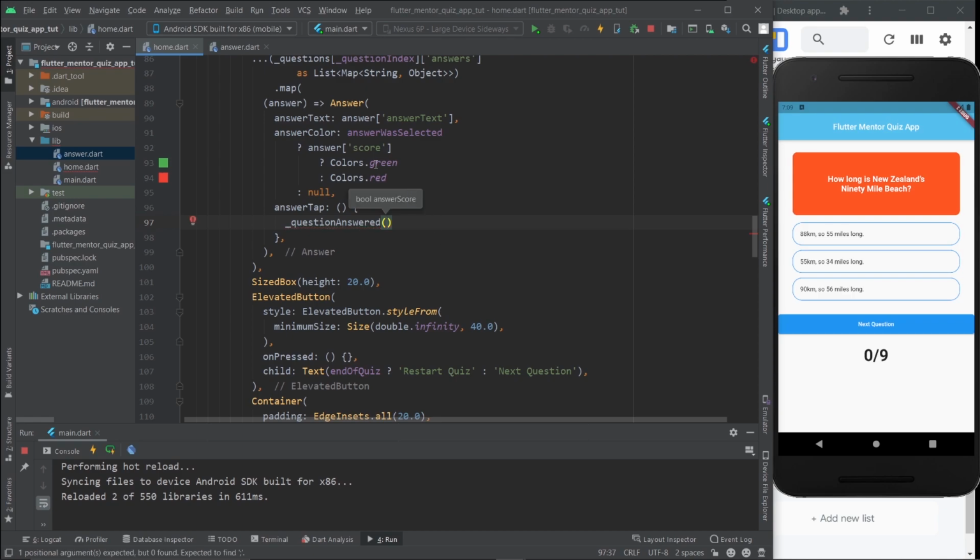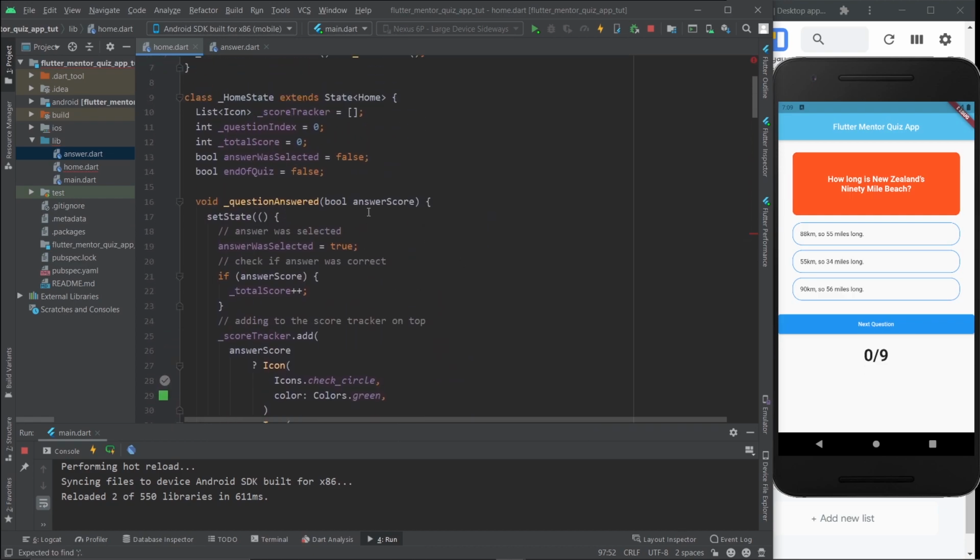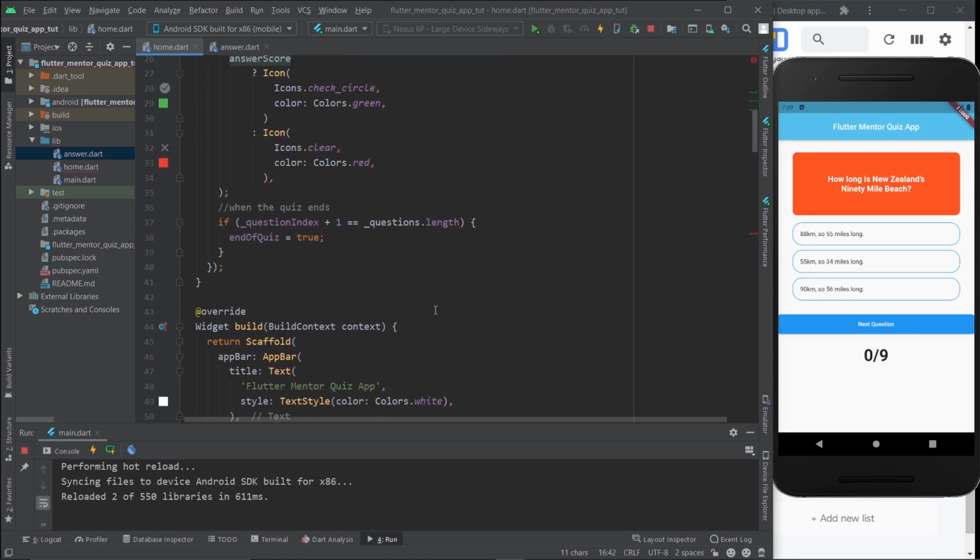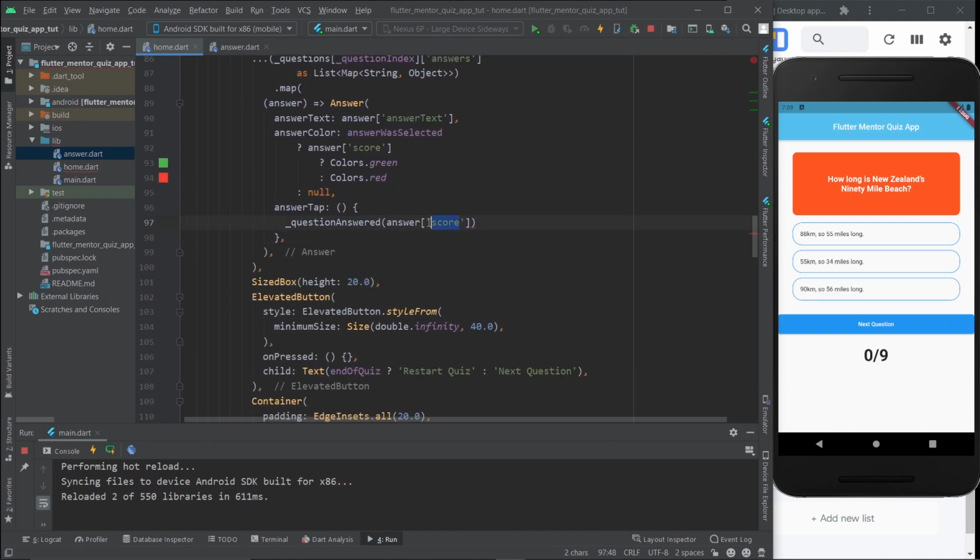And hopefully you remember that the way we know if the answer is correct or not is like this. And you can see we have this parameter right here. And this right here is the parameter we're giving it. It's a bool and it will tell you if the answer is true or false. So let's see what happens. If we save, let's see what happens once we tap, okay? As you can see, it registers if it's correct or not because the score increased and also the little icon showed up here. However, we can't go to the next question yet, so this kind of sucks.